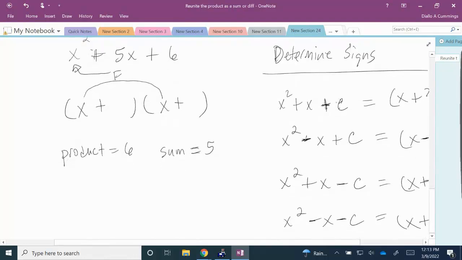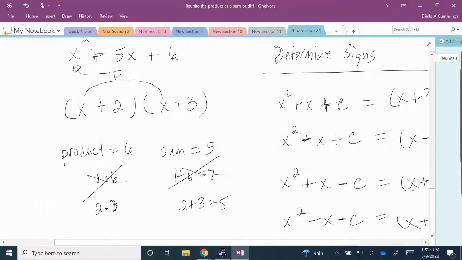So now if we look at the factors of 6, you can get 6 by 1 times 6, but if you add 1 plus 6, you get 7, which is not a 5, so 1 and 6 are not the factors. We can use 2 times 3, right? 2 times 3 is 6, 2 plus 3 is 5, so the numbers we are to use are 2 and 3,